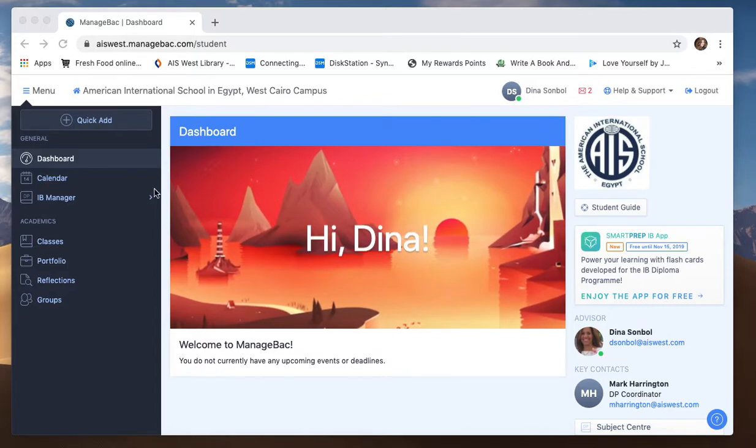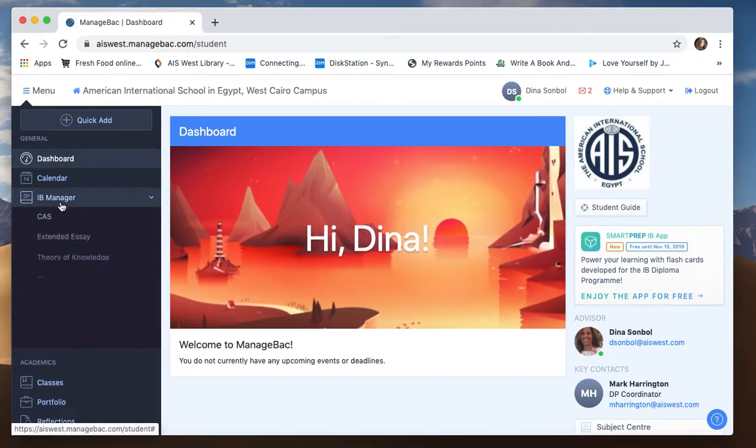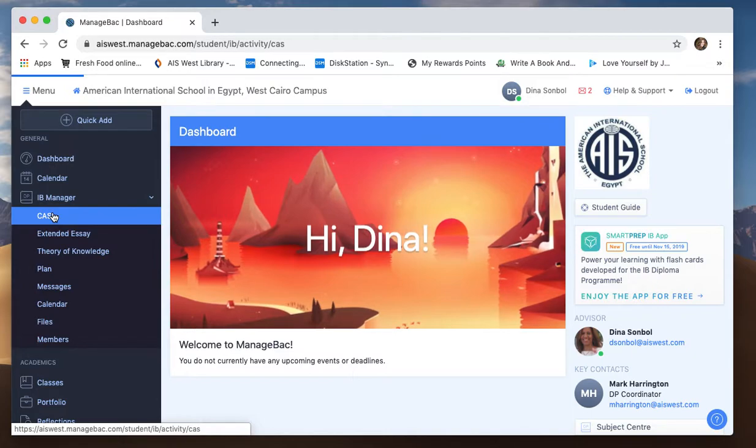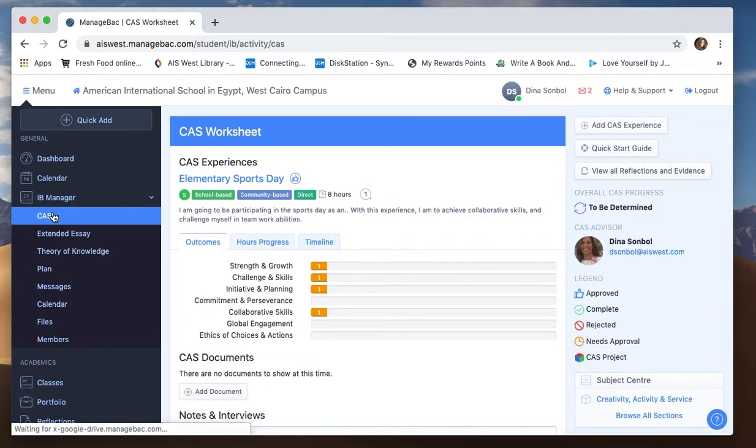Now the first thing that I want you to do is to log on to your account as usual, and you should be able to land on this page as always. This is the entry page, this is the dashboard page. By the way, you can go to settings and change that. If you want to always land on the CAS page, you can do that. But no matter, just go to IB Manager again and then click on CAS. Okay, so now